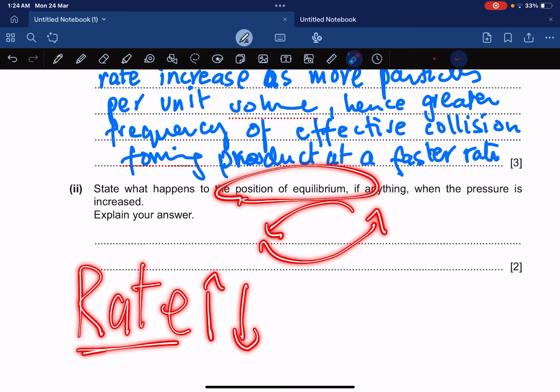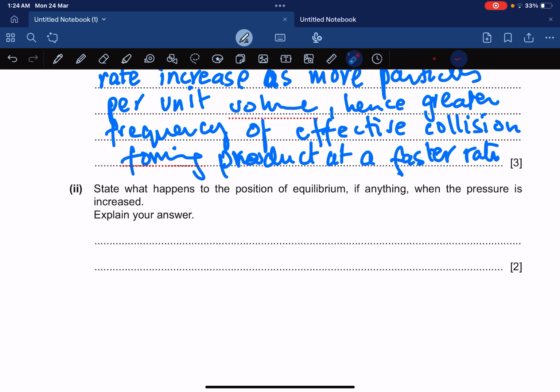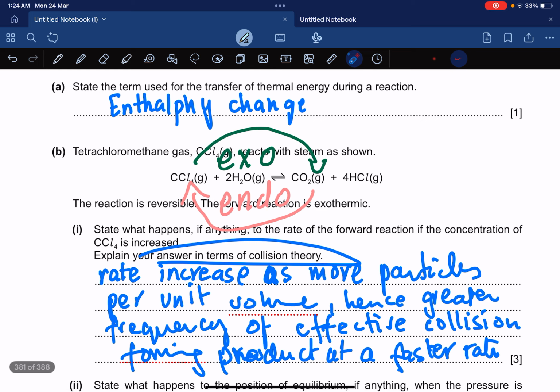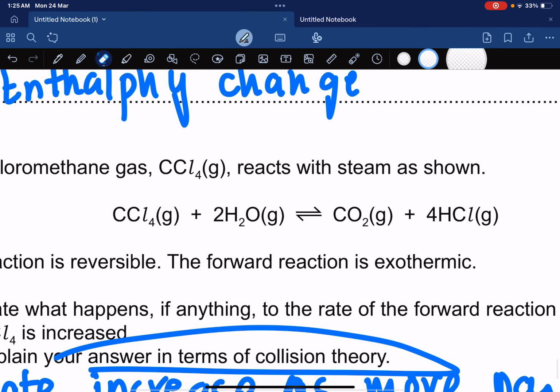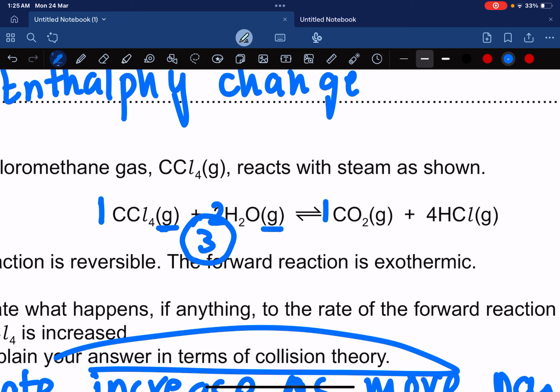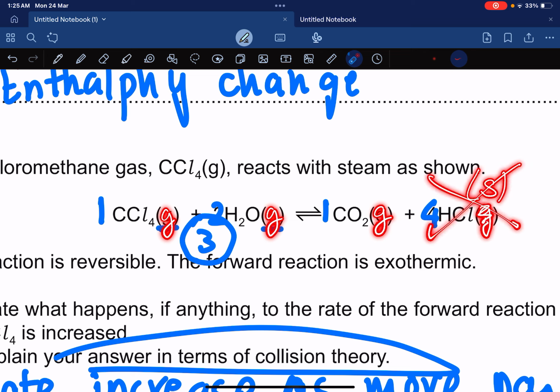The rate can't move forward or backward. Now, the position of the equilibrium, when the pressure is increased. The effect of pressure is basically on the moles. It depends on the moles. Now let's calculate the moles. On this side you only have to check the gases. There's 1 mole over here and 2 moles over here, so a total of 3 moles on this side, and 1 mole and 4 moles over here. Be careful, you only take the moles for gases. I'm taking moles because these all are gases. If this were a solid I wouldn't count its moles, because